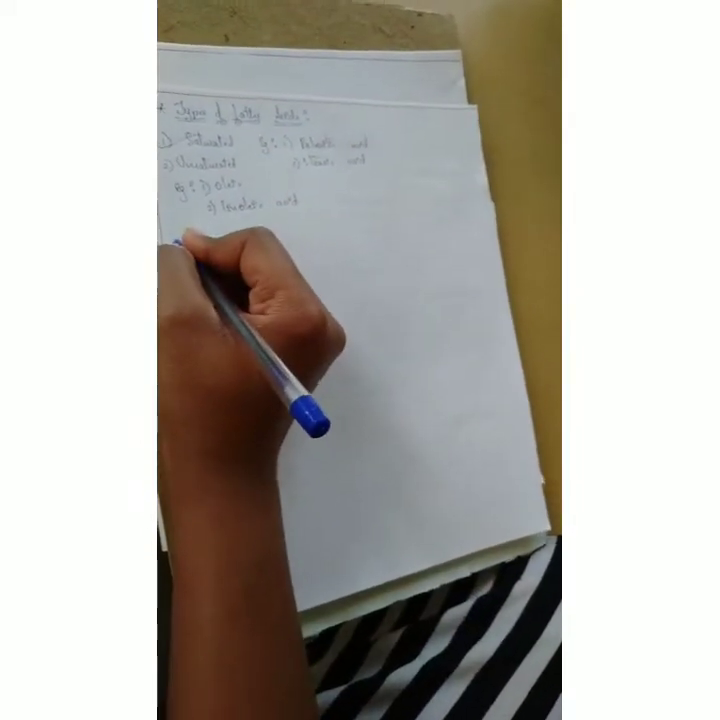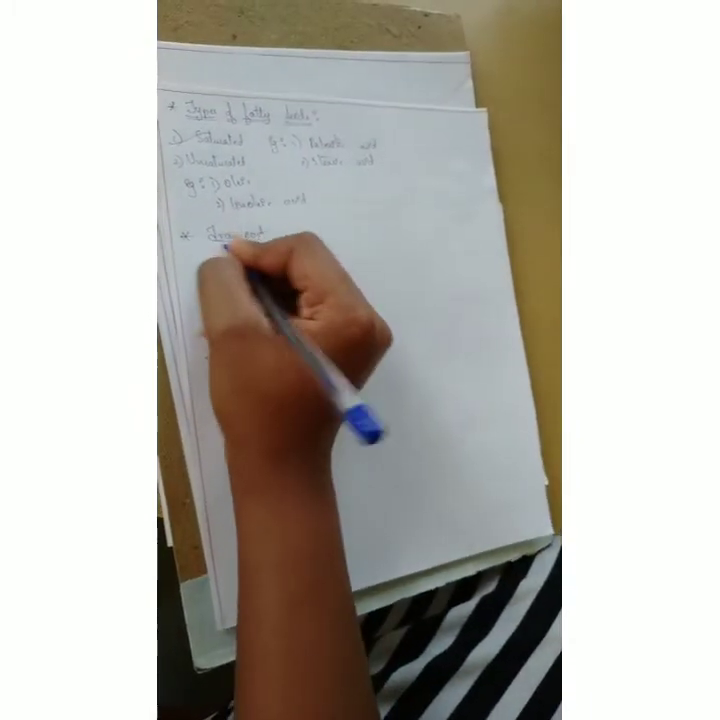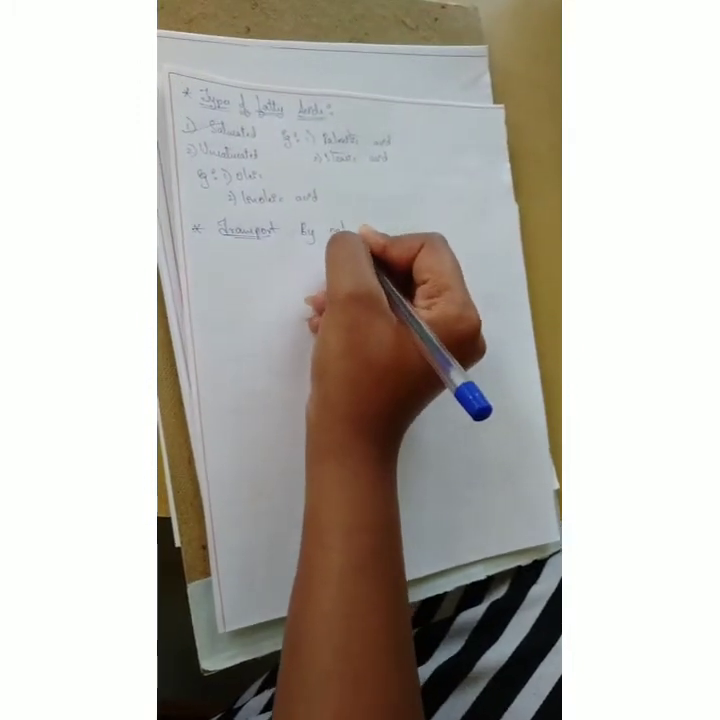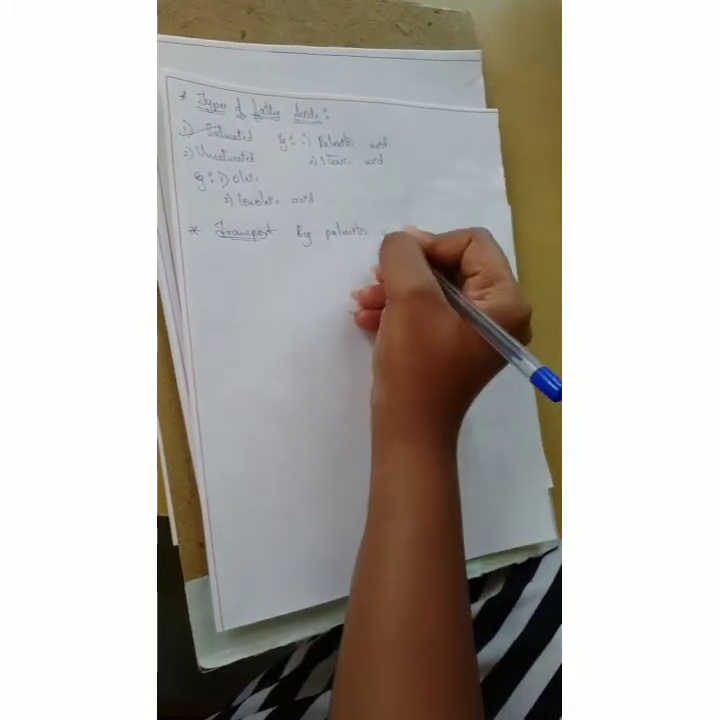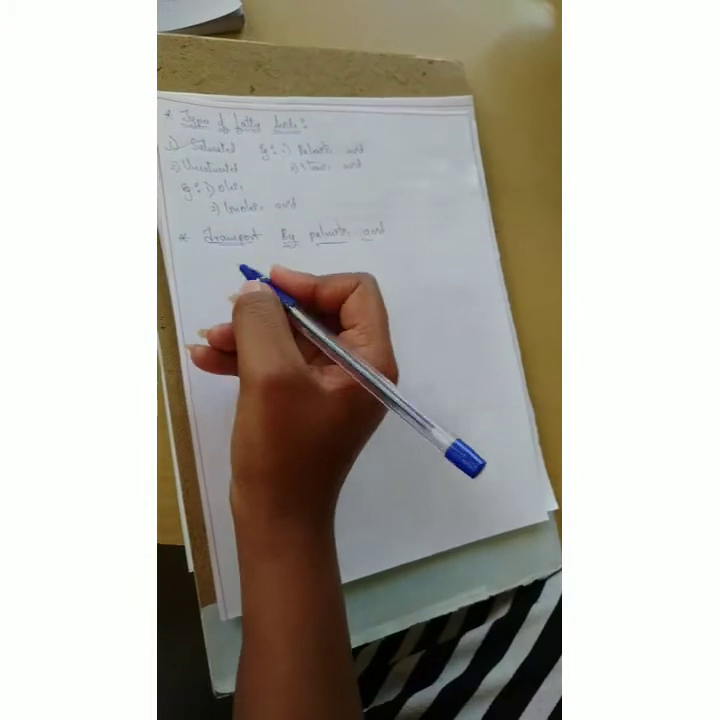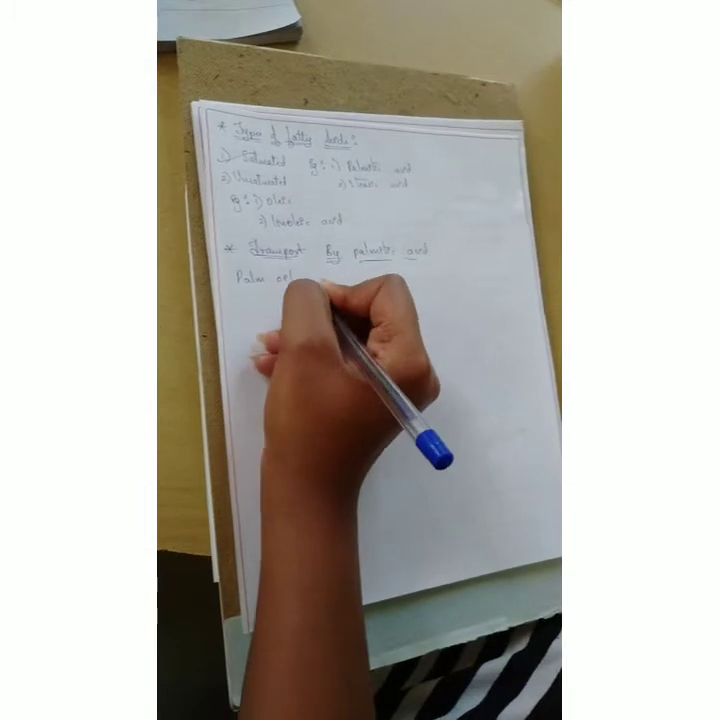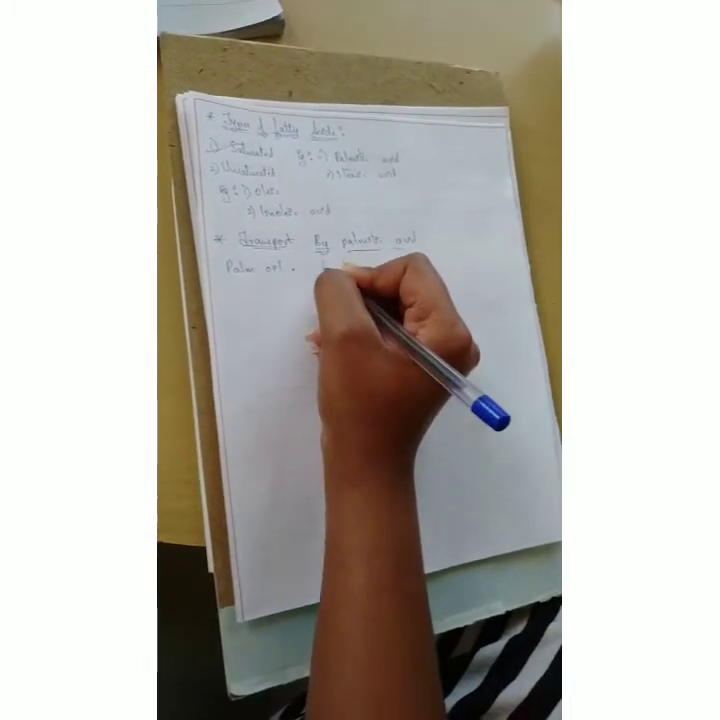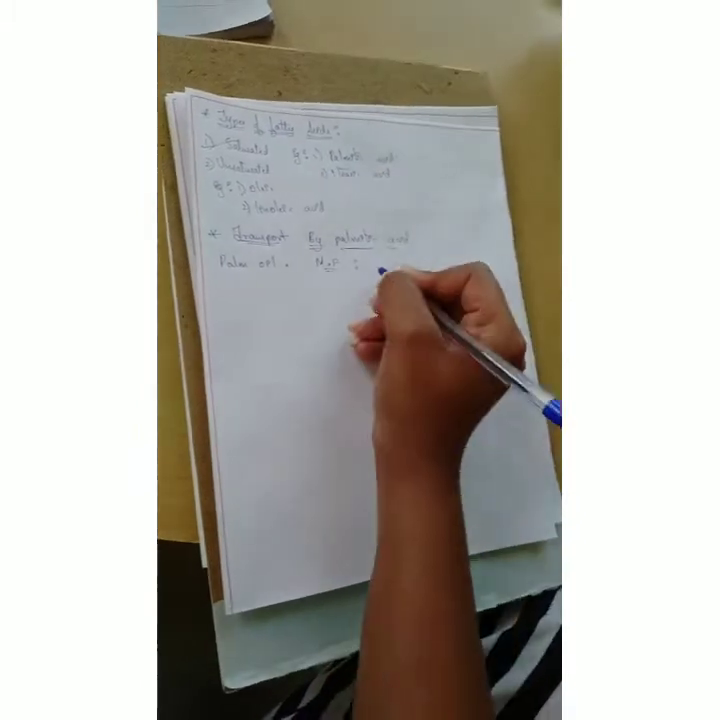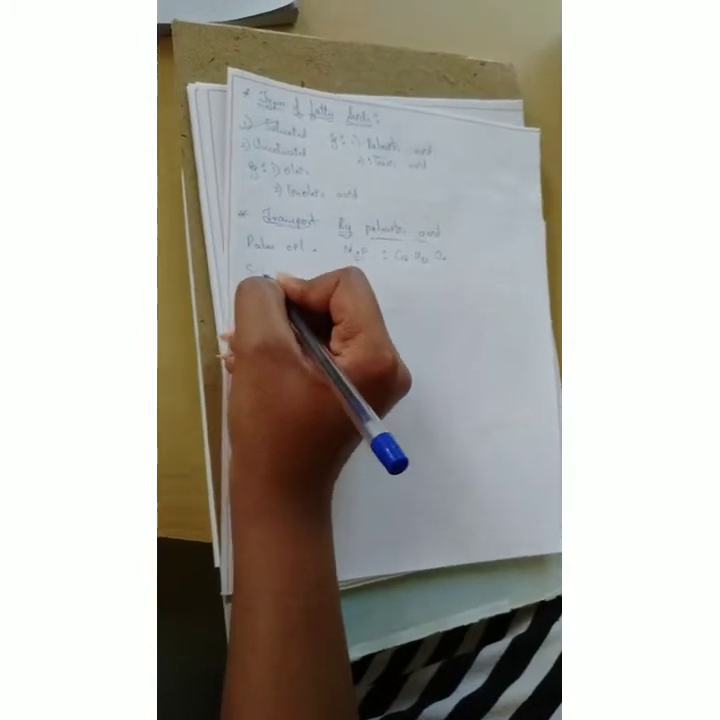Now, I'll explain the transport of fatty acid to mitochondria by palmitic acid. So, what is the structural formula? Palmitic acid is extracted from palm oil. The molecular formula is C16H32O2 and the structural formula is